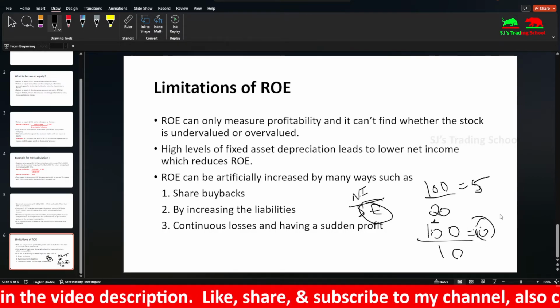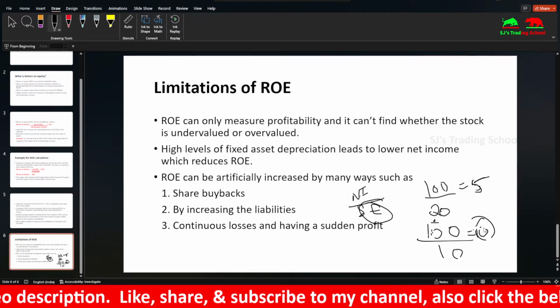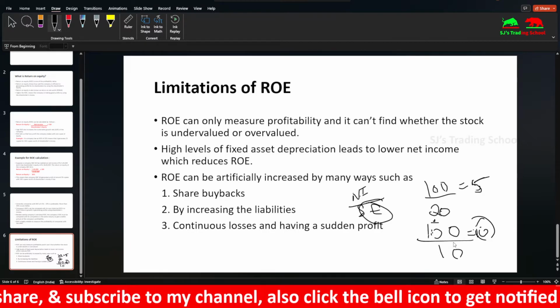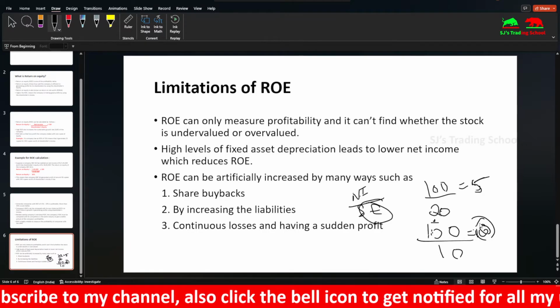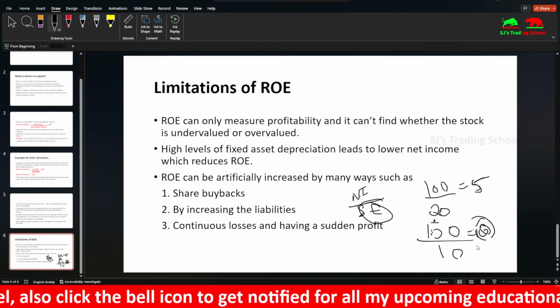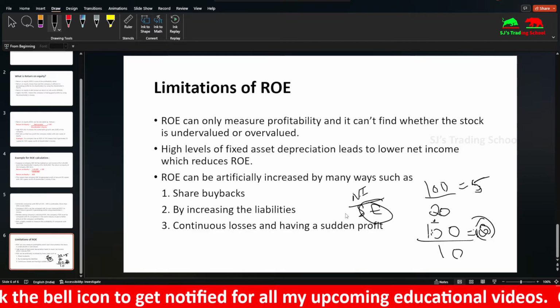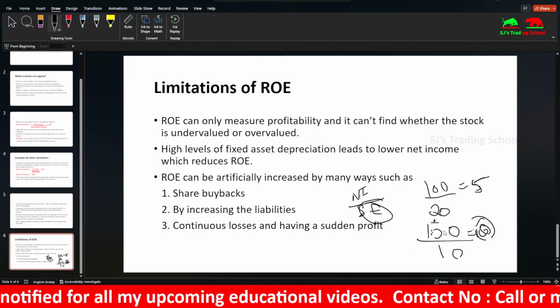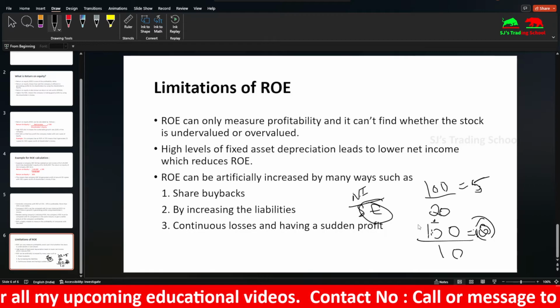So ROE gets increased, but actually the profit is not increased. The profit is the same for the company. But since the shareholders' equity gets reduced, the ROE is increased. It doesn't mean that the company is actually making profits. So this is one drawback. Some investors might invest thinking that the company is making high profits, but actually this is not the